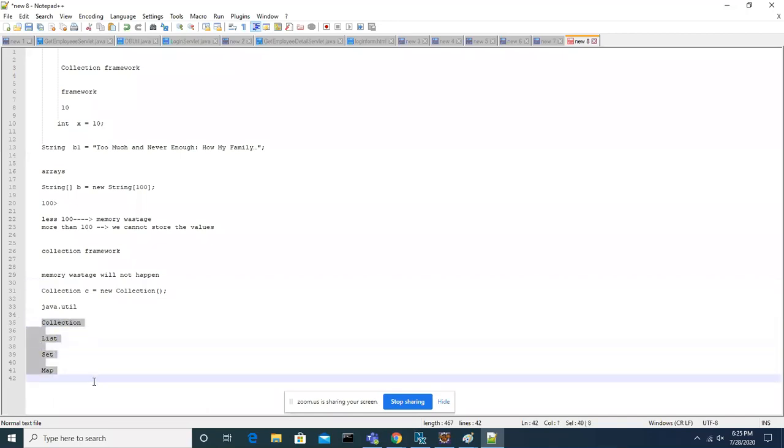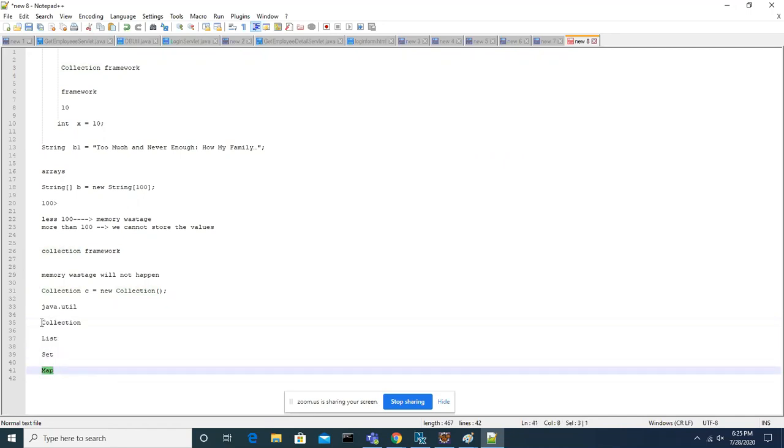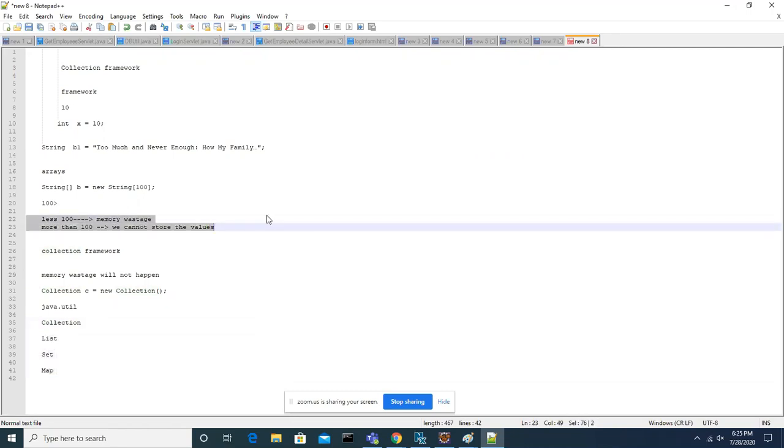So these are the main interfaces in the collection framework. Under these interfaces, we have multiple classes, and we'll talk about them: the Collection interface, List interface, Set interface, Map interface. Every interface and class has the same purpose, but internally we have different variations from one interface to another. We need some time to complete this collection framework. I hope you understand the main advantage.